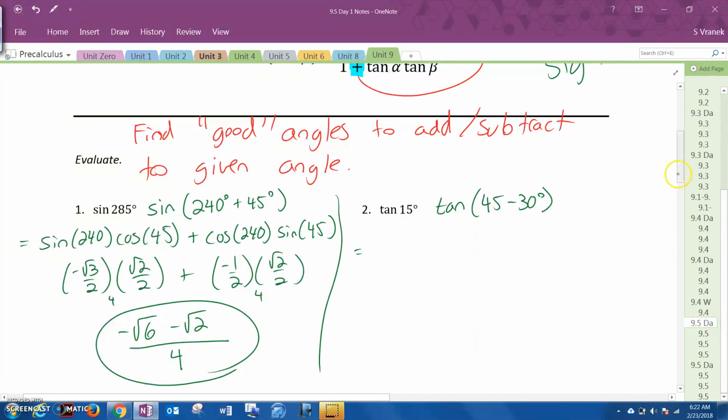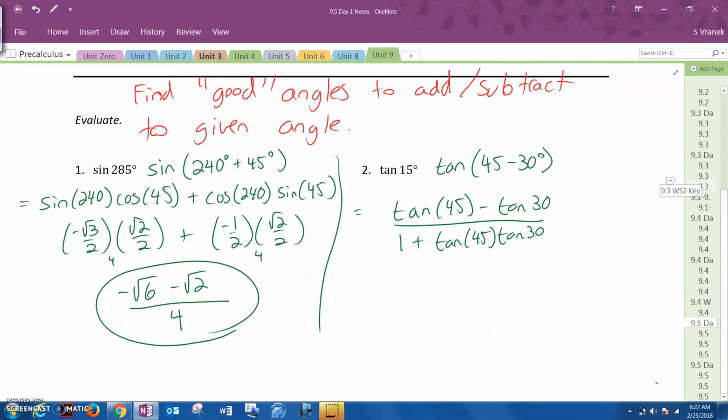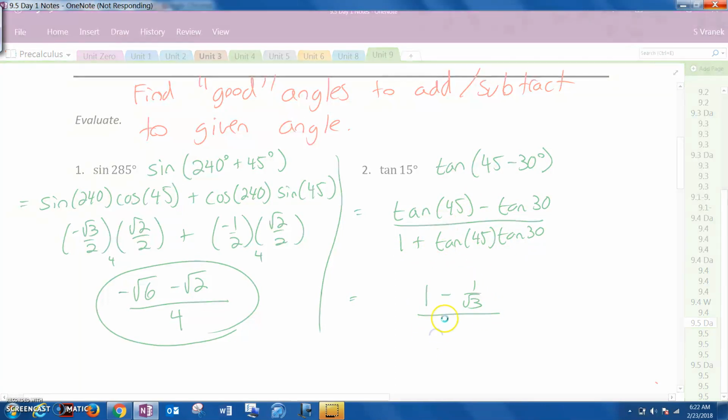So now I'm going to use my formula for tangent. So since I'm using a minus sign, the top one's also going to be a minus, but the bottom one will be a plus. So it's tangent of 45 minus tangent of 30 over 1 plus tangent of 45 tangent of 30. Okay, so now we just plug our values in. Tangent of 45 is 1, minus tangent of 30 is 1 over root 3, over 1 plus